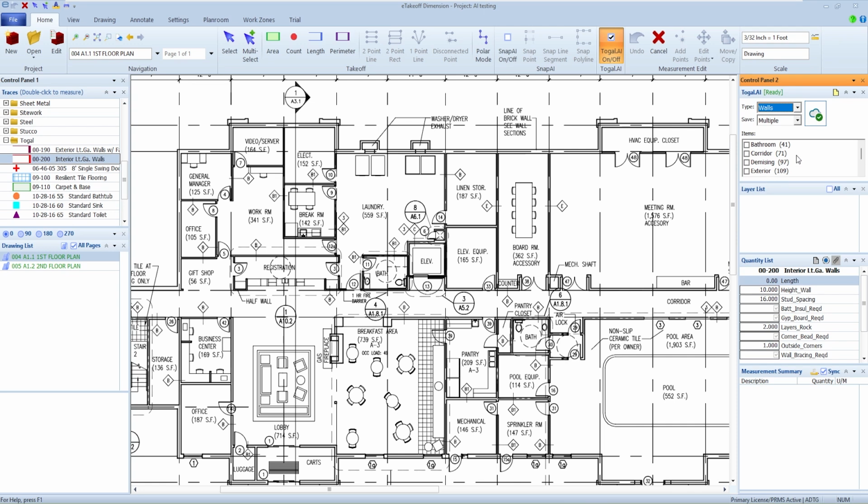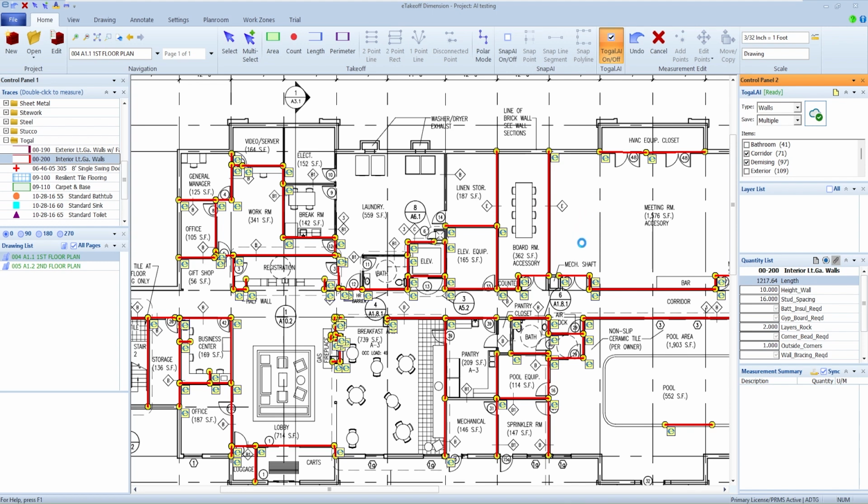So let's say that I was looking for corridor walls. In that case, it's taken off all my corridor walls just by turning on that one checkbox. And there again, I could come back and review the lengths and change or add to that quantity as I see fit. If I tell it that I want to add the interior walls also, there I could see both of those all at the same time. And then I'm going to let it take that off.